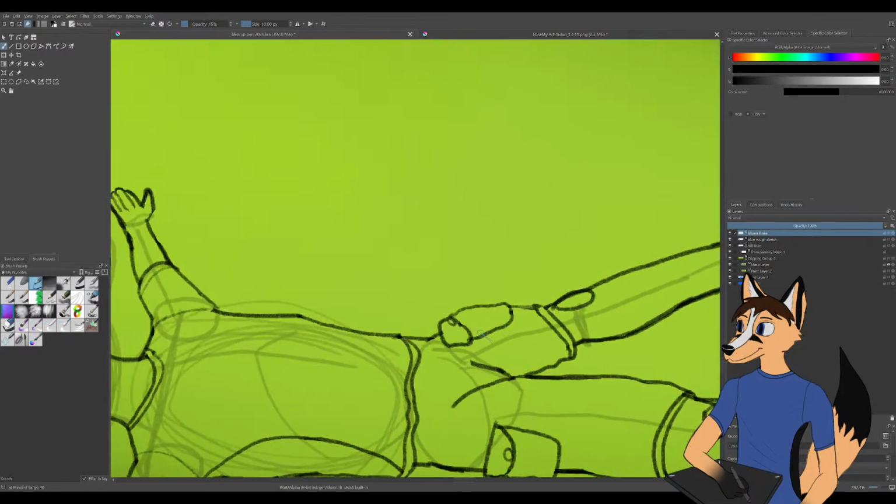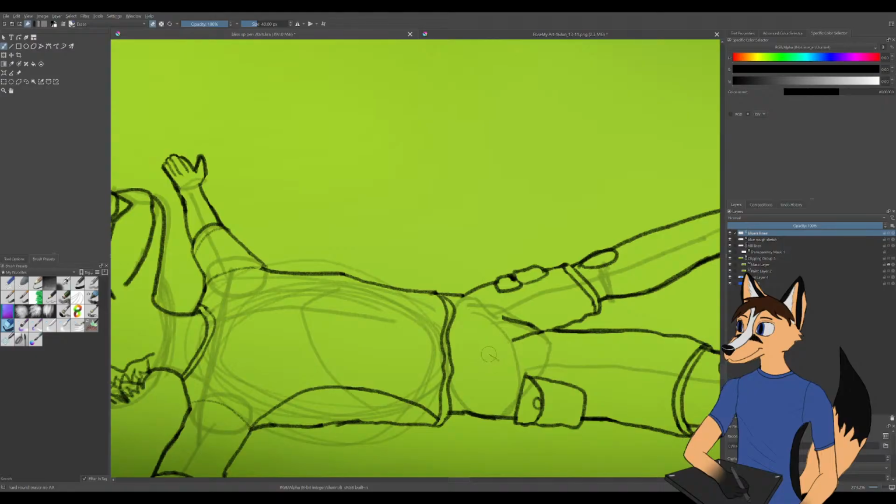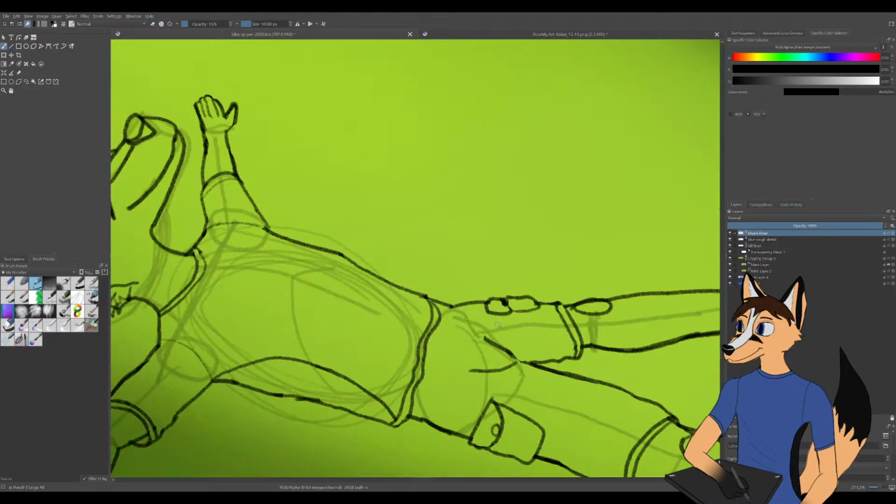But like this pocket, this pocket looks too horrendous even for placeholder, so I'm just gonna get rid of it altogether and redraw it a little bit, kind of maybe a little smaller, and then like that. That looks okay, I guess. I think the way I redid his crotch wasn't correct though.